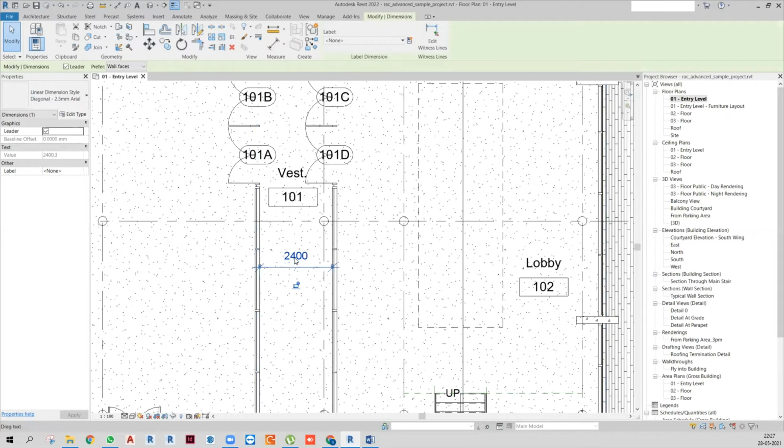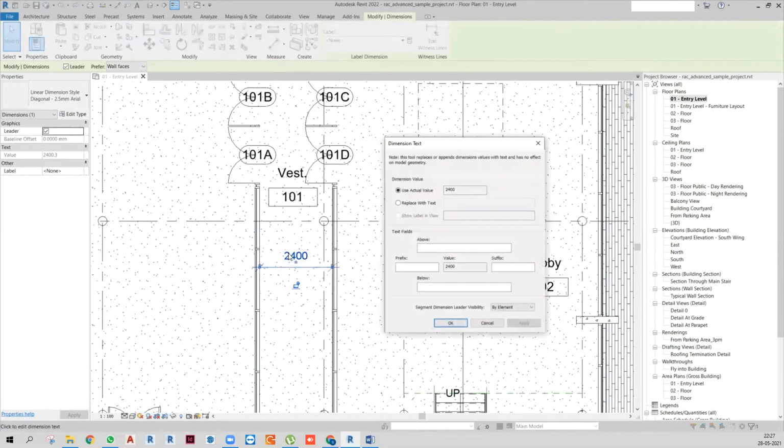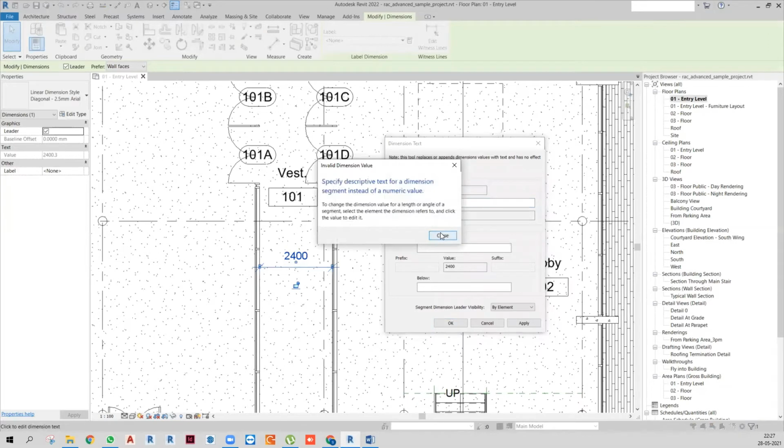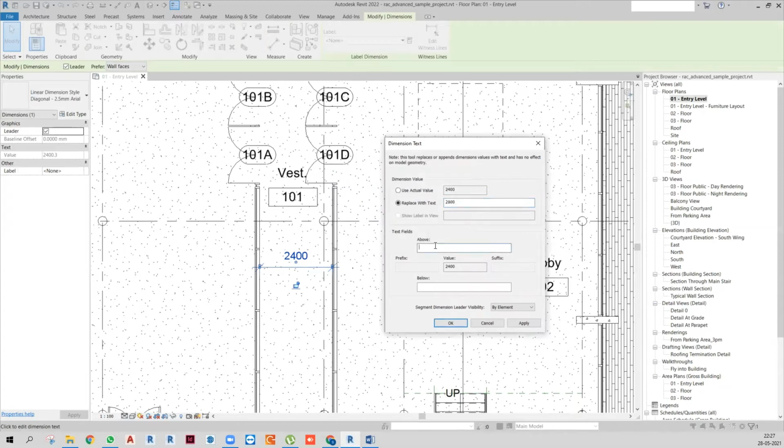So the trick is simple. Just click on the value. I suppose most of you have seen this. If I try to write the value here, Revit simply won't accept it. It says it has to be either accepted or replaced by a text value only. Neither can we use the above and below, because it would be clearly visible what we have done, and this 2400 wouldn't be hidden. So how do we do that?